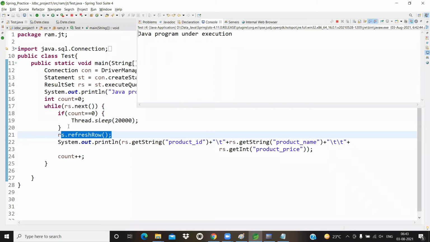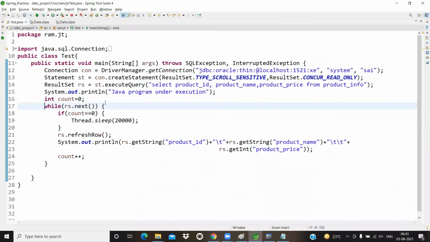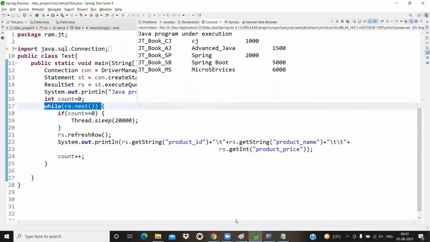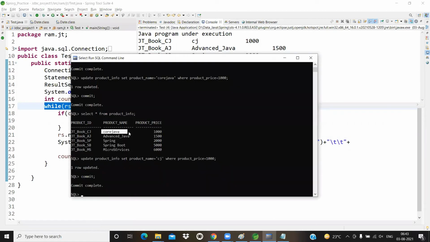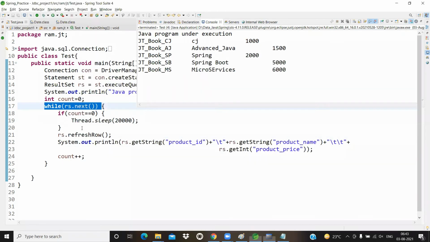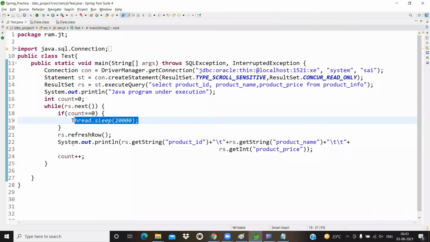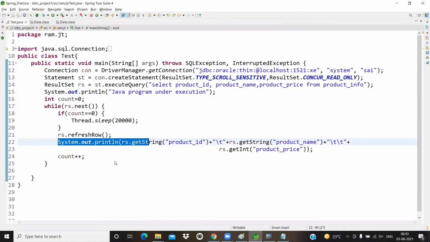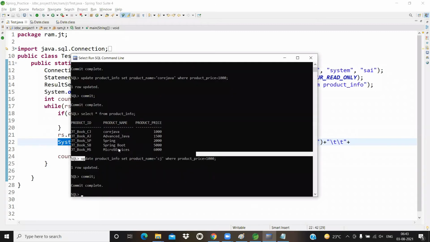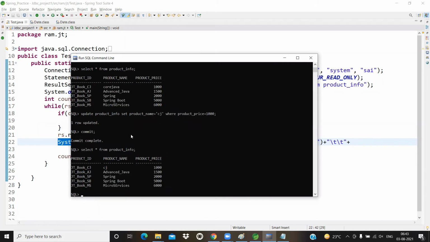Meanwhile, the connection is already established, and I'm passing the control from the non-record area to the record area. While entering, what happened? The product name is core Java only. After entering into the table, I pass my Java application, nothing but my reading process. In the meanwhile, I updated my database. Once the update happens, what is that updation? Core Java to CJ. That updation is coming to the Java application.